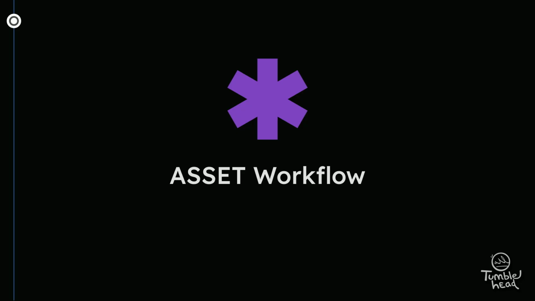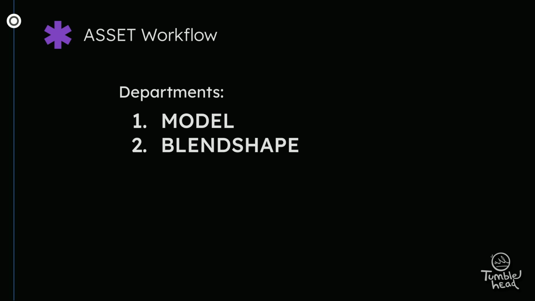Okay, so we're going to start with talking about our asset workflow, and then later we're going to go over to talking about our shot workflow. The asset workflow is divided into these different parts. First, we have the model, then the blend shape, look dev, and the rig. So if we start with the model,